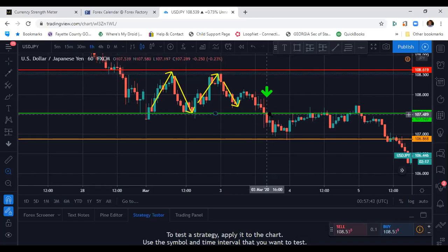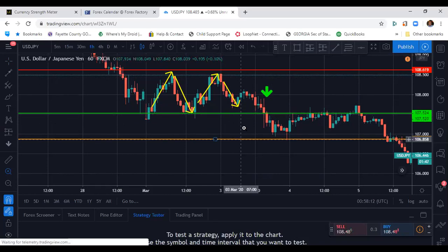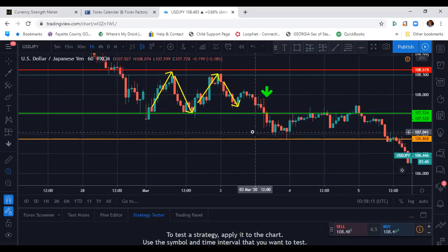This one that closed underneath this green candle. Now, this is a doji candle, or a little top right here where the body's there at the top and the bottom is long. It shows a lot of pressure that's moving in this direction, but also a little indecision of where it's going. But this next red candle that forms lets us know, oh, this thing is continuing downward. So I would get into this one. And what I did is I measured the top between here and here, which is really 38 pips. And down here to here, I could set a take profit for 38 pips or 40 pips. And over here, as you see,